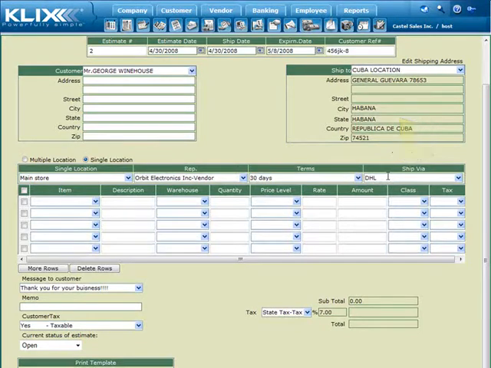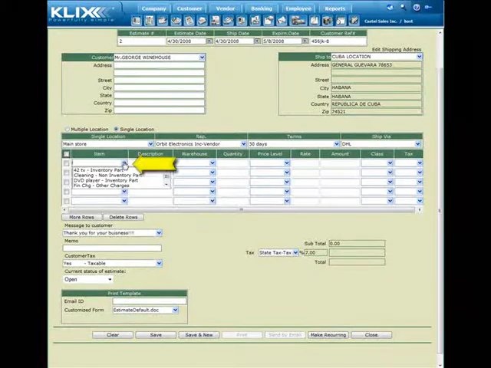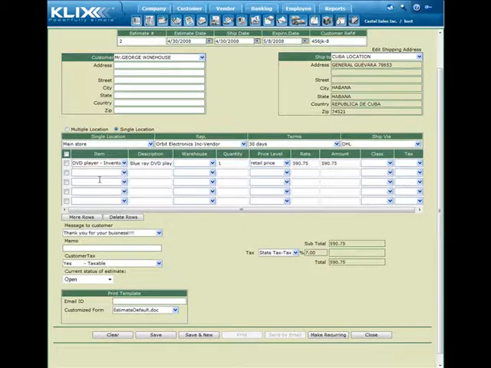Now go to the section titled Details of Products and Services and click on the Multiple Products button to search for the products or services that you are offering to your customer. Or you can type the first few letters and click to automatically display on your screen all the items or services that commence with the same letters. Once you find a product or service that you want to add onto your estimate, simply double-click on the product or service itself and it will be added automatically onto your estimate.